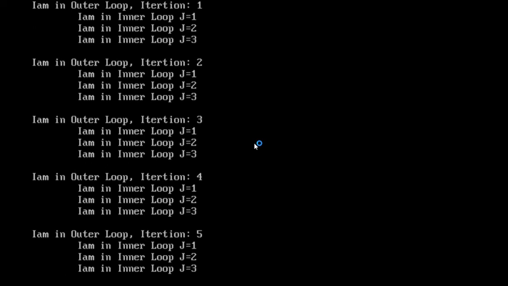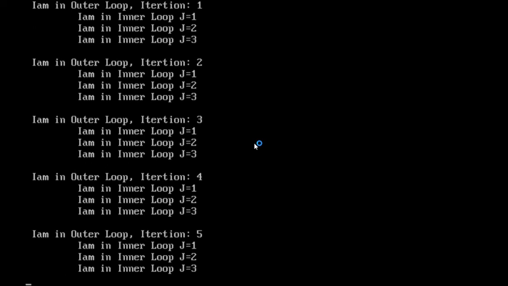In the second iteration also the inner for loop executed completely 3 times. In the third iteration, the inner for loop executed 3 times. I am in inner loop j equal to 1, first iteration, j equal to 2, the second iteration of the inner for loop, j equal to 3, the third iteration of the inner for loop.